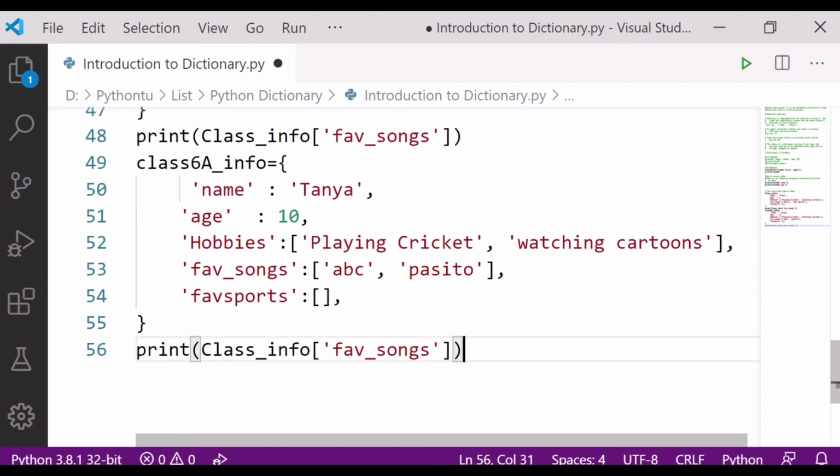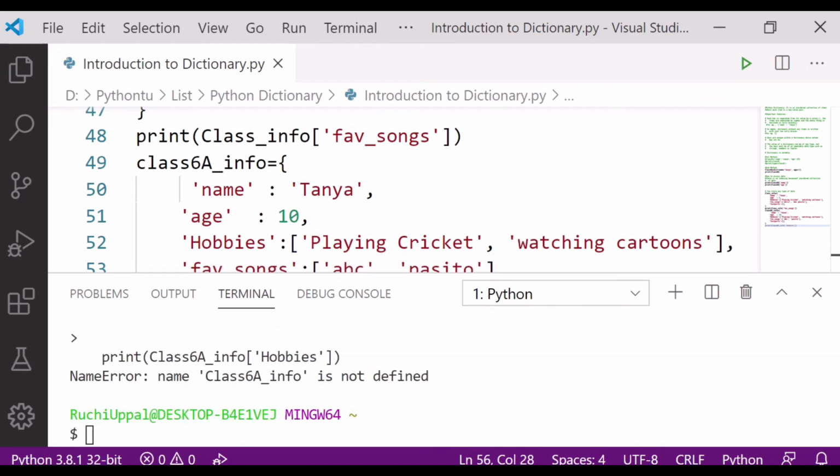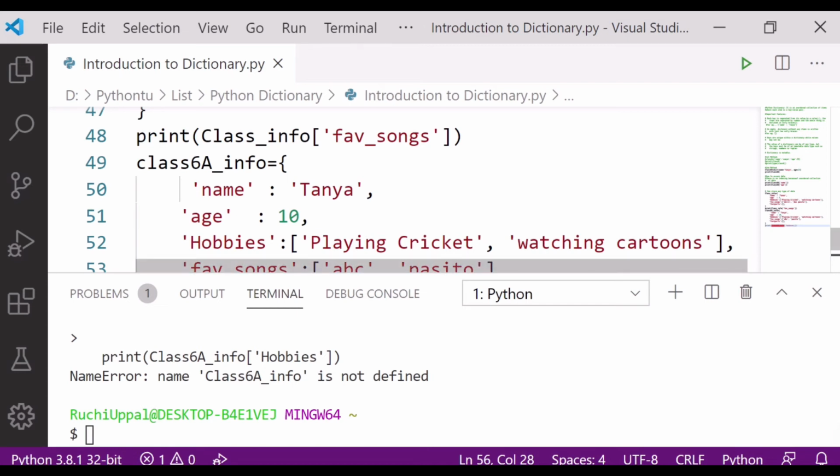Now if you want to print the data, you will simply write down 6a, and instead of this you can write hobbies, if you want to have the hobbies. Control S and run. Let's see. It is saying that class A info is not defined.